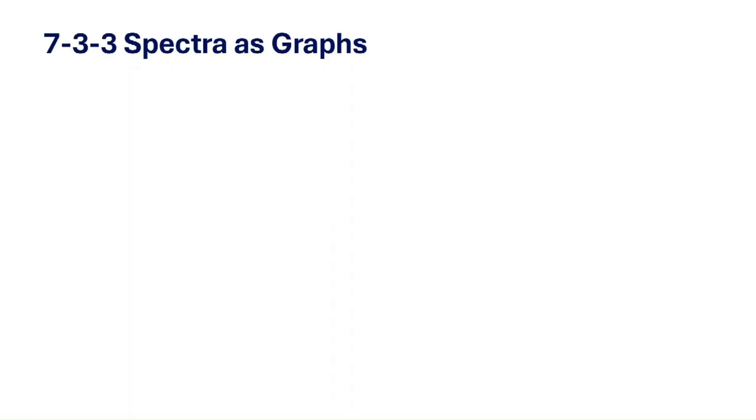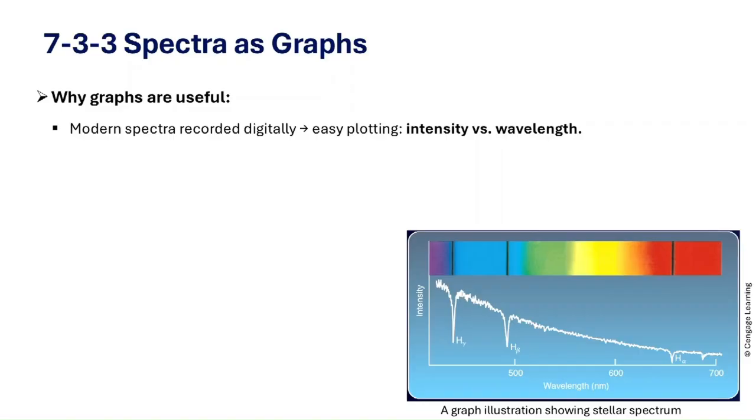So this makes it much easier to measure and compare details. Instead of qualitative details, we get quantitative details. So here's what that looks like. Instead of showing color bands, we plot wavelengths across the bottom, the x-axis, and the brightness or intensity going up the side, the y-axis. Now see, in this stellar spectrum graph, the smooth curve shows how much light comes at